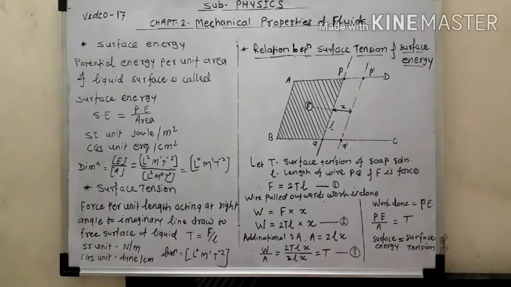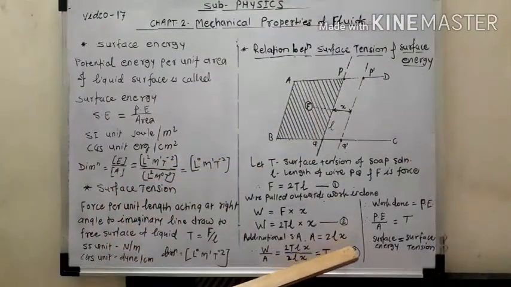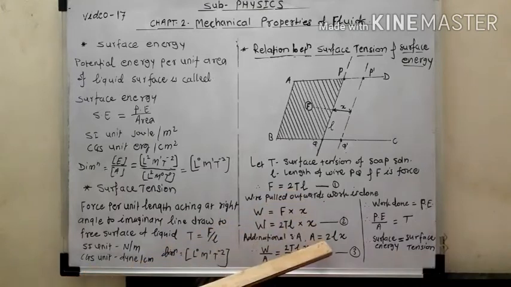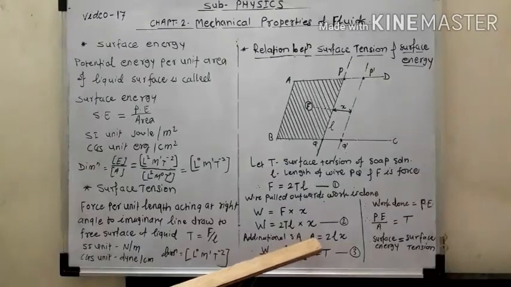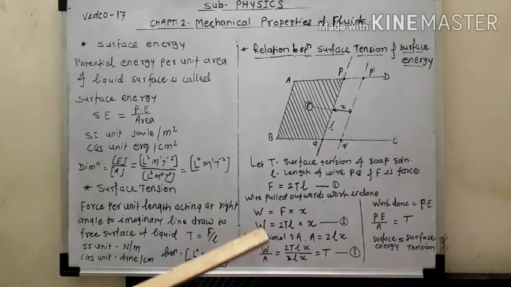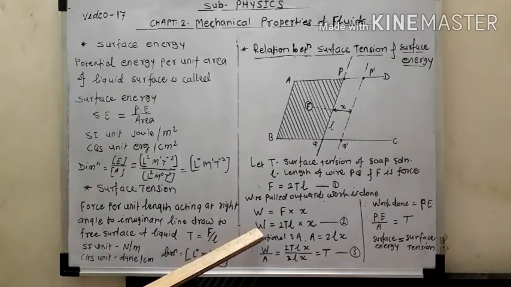Now, in this process, additional surface area is created, and this additional surface area is the length into the breadth, therefore L into x. But again, the factor 2 arises because the soap film has 2 faces, as it is transparent, and therefore the additional surface area created is A equal to 2L into x. If we take the ratio of equation 2 and this area 2Lx, that is the mechanical work done